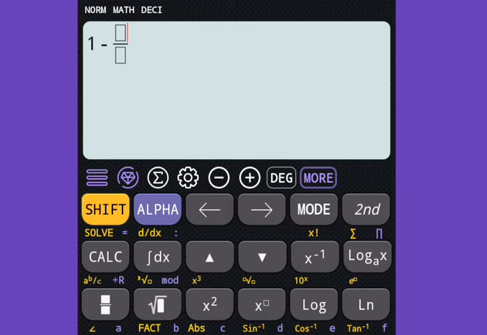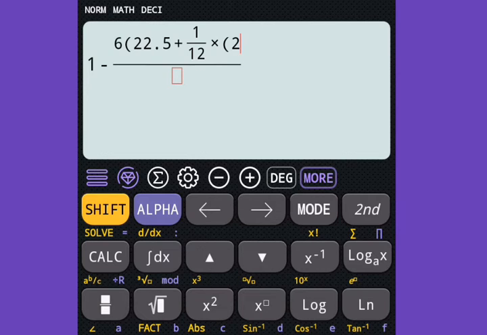6 will come into this place first, and then you have a bracket. I'm going to explain why 6 is coming in there. Just take it like that for now. And then summation d squared was 22.5 plus another fraction, 1 over 12. Then we have the bracket where we had our m1, which was 2, to the power of 3, minus 2, we close the bracket. Then you have plus